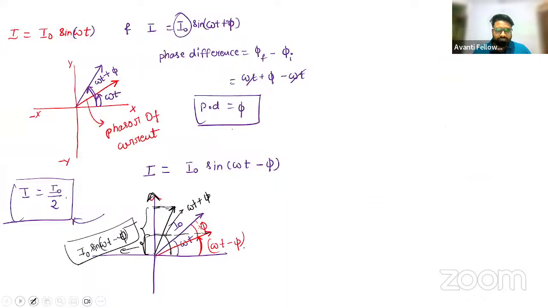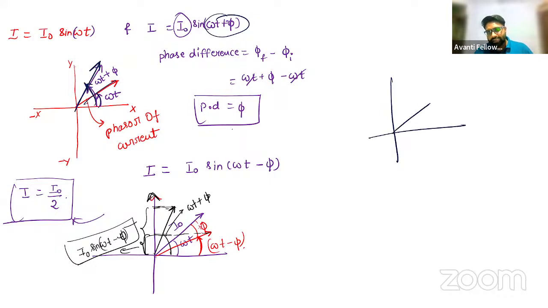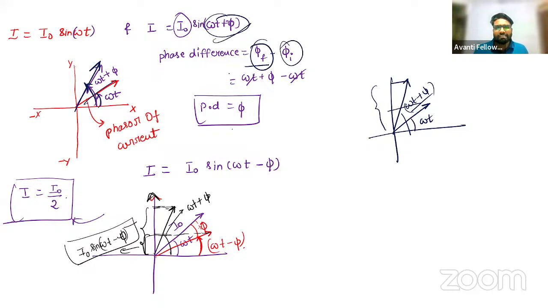ठीक है, इसे ऐसे भी रिप्रेजेंट करते हैं, देखो जैसे I को I नॉट साइन ओमेगा टी, तो ओमेगा टी से रिप्रेजेंट किया। अब मान लिया I को दोबारा रिप्रेजेंट करना है ओमेगा टी प्लस फाइ, तो ये फाइ एक्सटेंड हो जाएगा। अब मेरे पास जो नई क्वांटिटी आएगी, लेट मी ड्रॉ इट हियर, दिस इज I at ओमेगा टी, और ये ओमेगा टी प्लस फाइ है। ठीक है, क्लियर है। अब देखो दोनों का मैग्नीट्यूड चेंज हो रहा है ना, प्रोजेक्शन ऑन वाई एक्सिस इज चेंजिंग। फेज डिफरेंस फाइ फाइनल माइनस फाइ इनिशियल से देते हैं। ये फाइ फाइनल था ओमेगा टी प्लस फाइ, और फाइ इनिशियल था ओमेगा टी, तो फेज डिफरेंस कितना है, फाइ का ही तो।